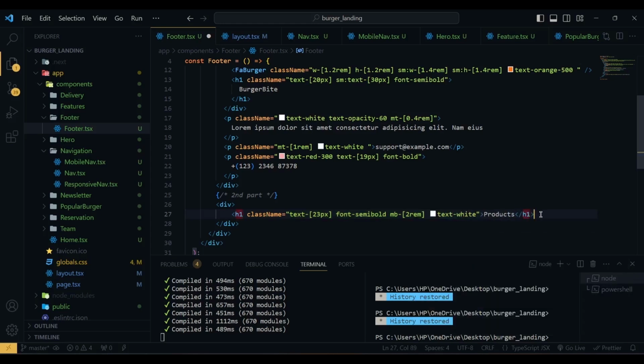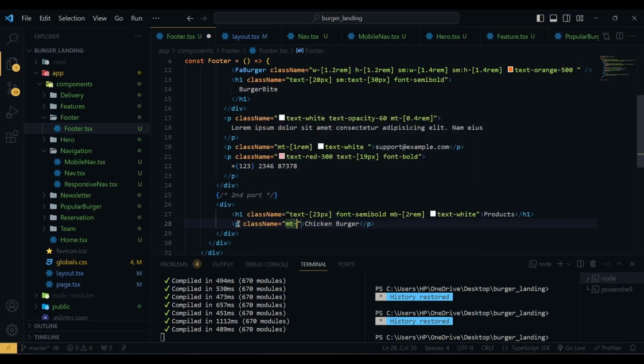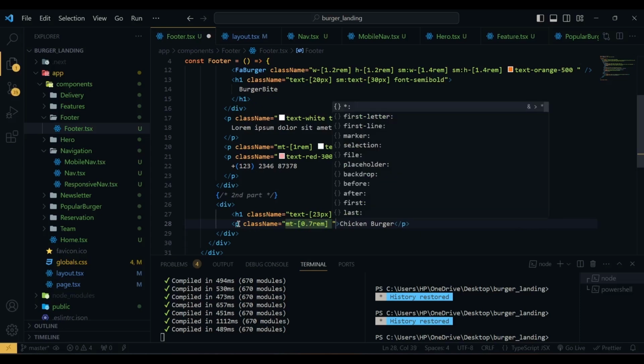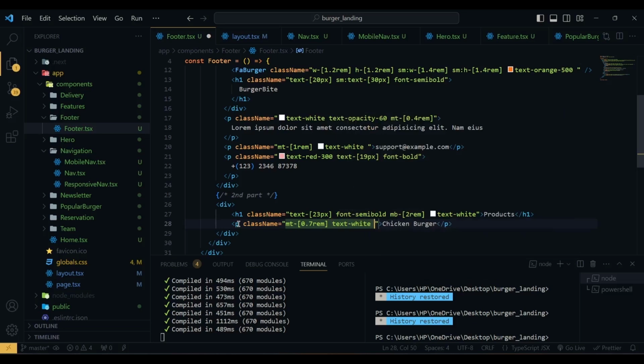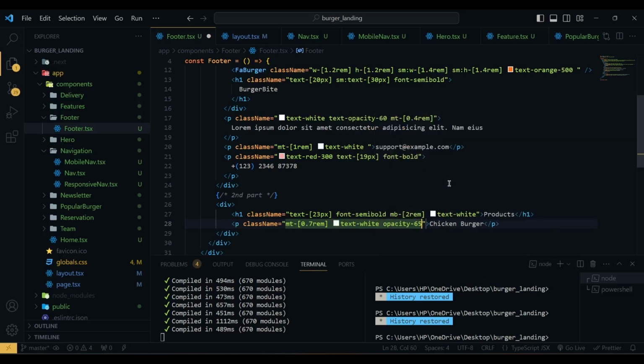And after this h1 we have a p tag with chicken burger, and the p tag has a class name of margin top of 0.7 rem, text color will be white, opacity is 60,